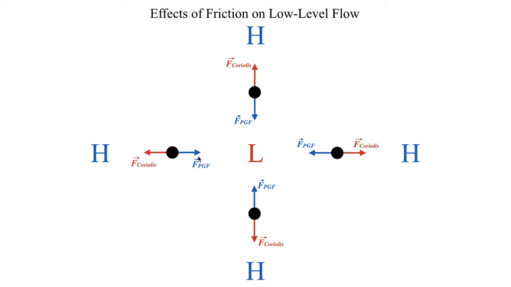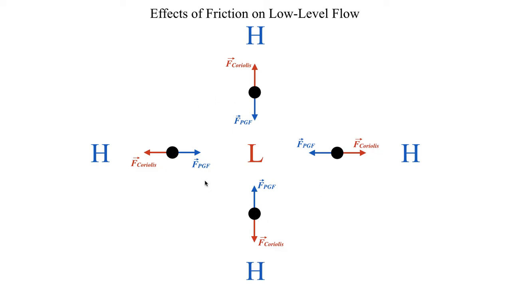In order for there to be some sort of balance, the Coriolis force has to oppose the pressure gradient force. And the only way that the Coriolis force can point outward is if our wind is turning counterclockwise around the low. For the sake of simplicity, consider this as a case in the northern hemisphere. So the only way the Coriolis vectors can point this way is if the wind is turning counterclockwise around our